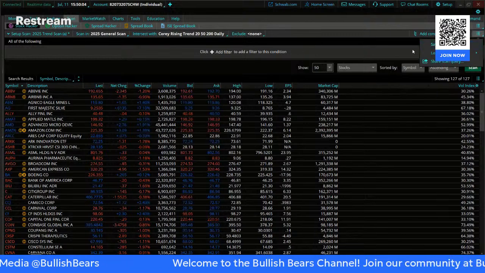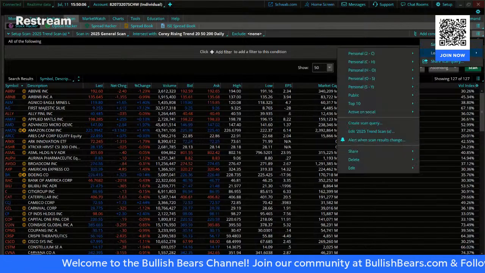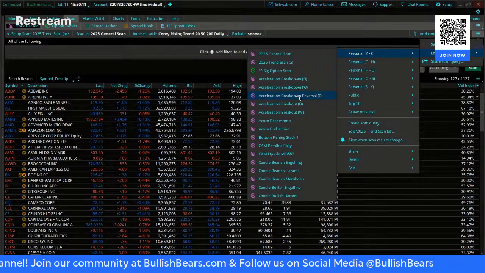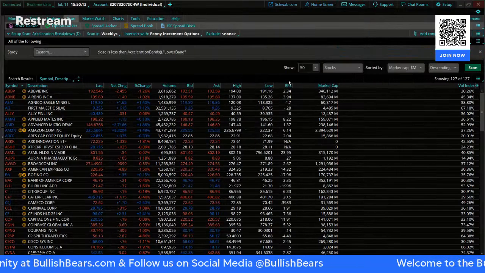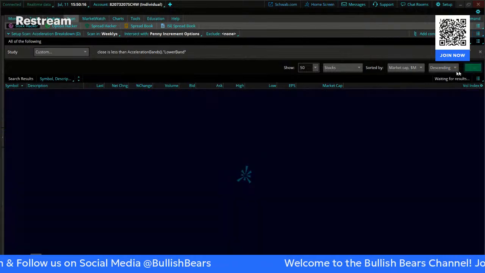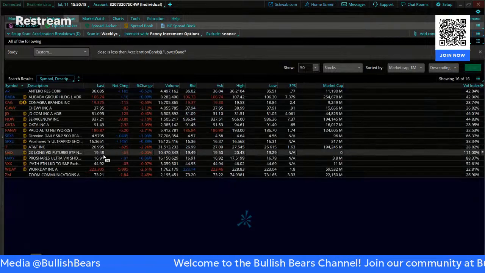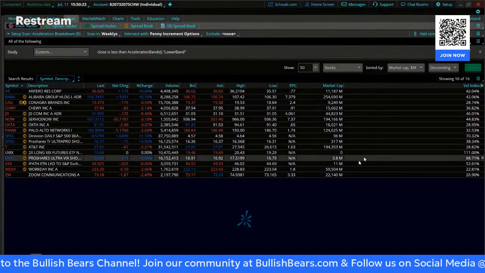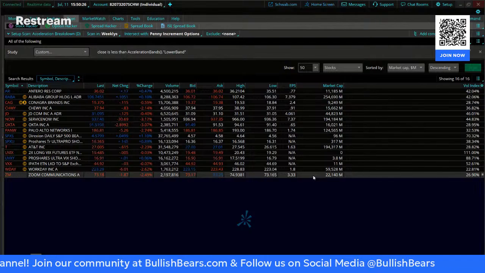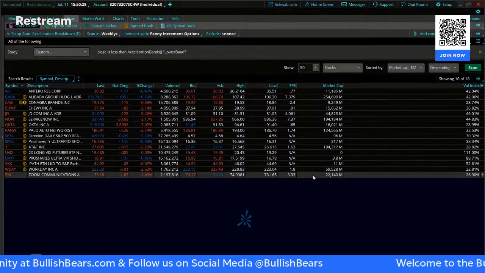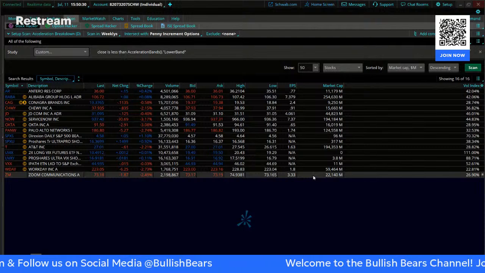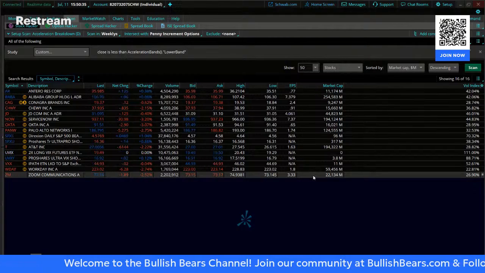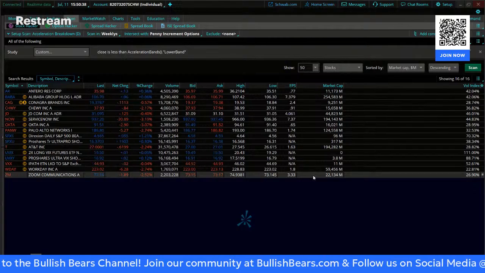I can run a very simple scan that focuses on an acceleration band, which is basically like a Bollinger band, but it's a little wider. And it's a very simple scan. You would think it would work. Oh no, it finds all sorts of things that are nowhere near that band and it screws it up, right? Don't think that you can give this all these scan parameters and it's going to do an excellent job and give you only what you want and eliminate everything you don't, because that's not the way it works, right?